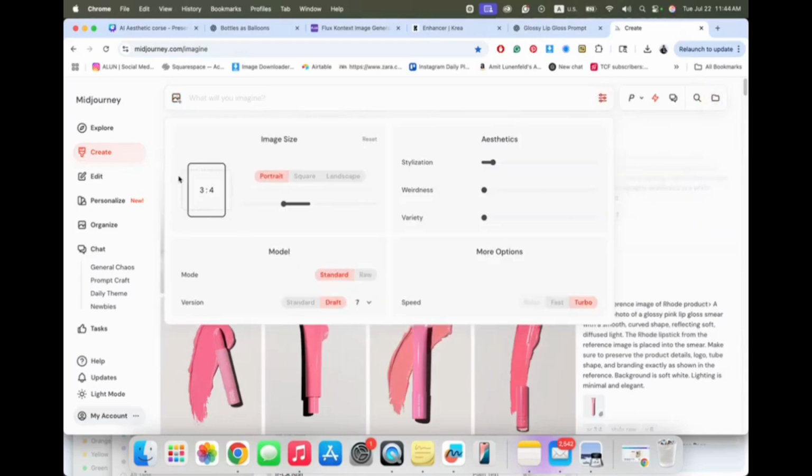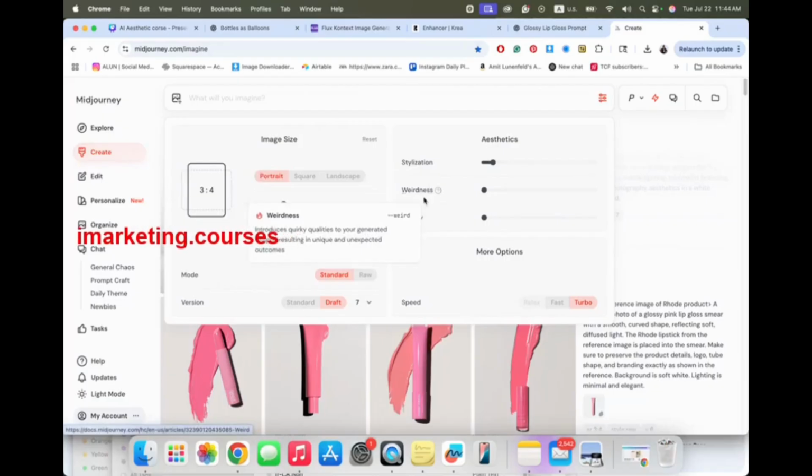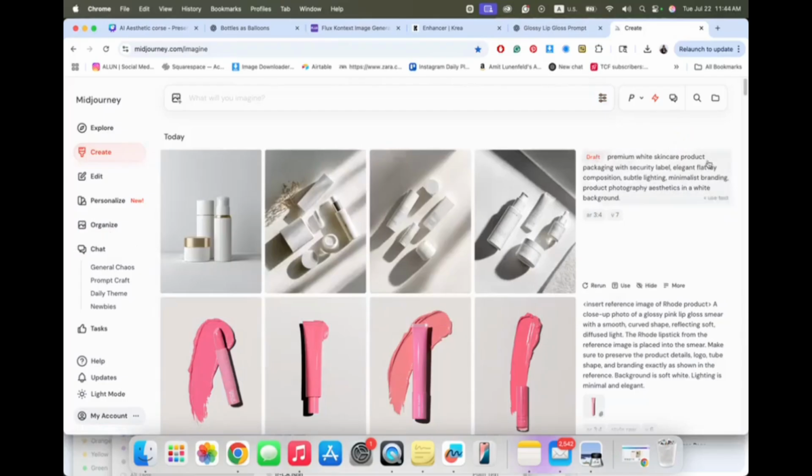Here you also have some more things you can dive into. Here you have so many ratios. For social, of course, this is for reels and story ratio. This is for feed ratio, and you can go through all of these. I don't like to touch them personally because it gives me some surrealistic results. I like to stay as close to a realistic result as I said. So you can hover on each one of them and see what it gives you.